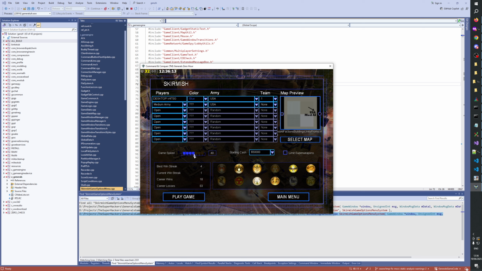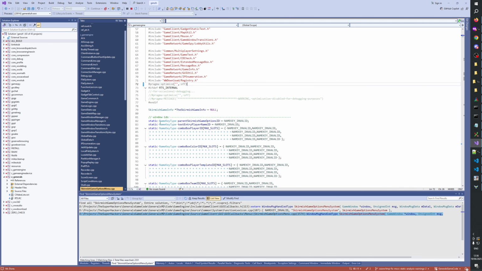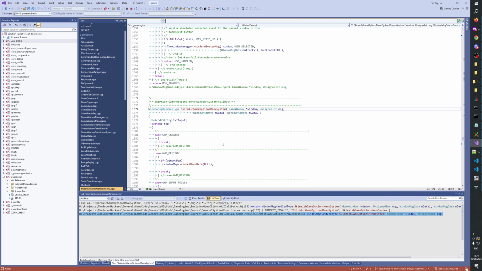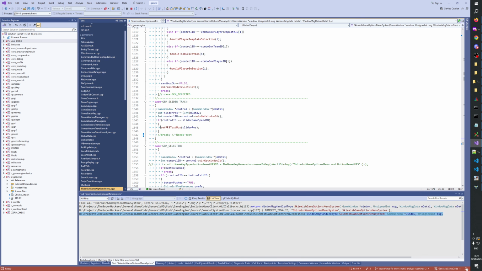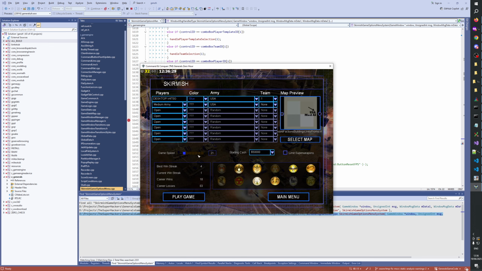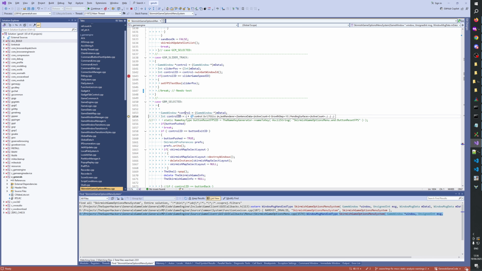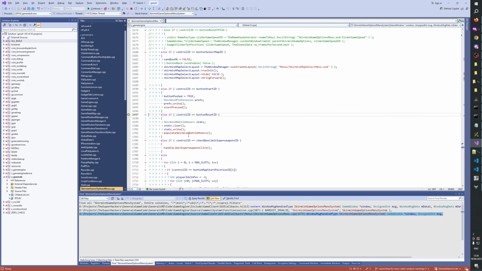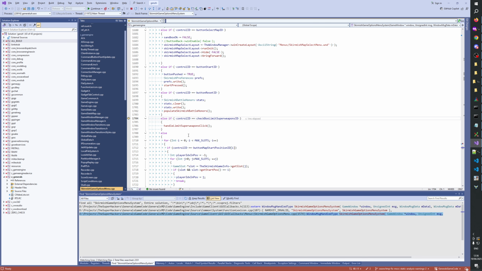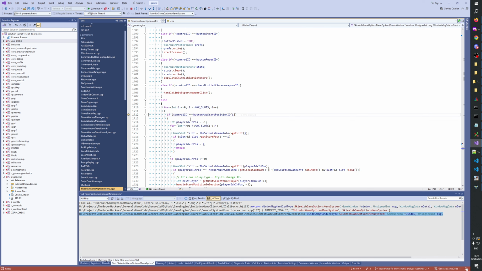Good. It looks like it behaves the same. What happens when we press? Okay, it goes down here. Control, we do have data. Control ID, yeah. So it basically doesn't do anything